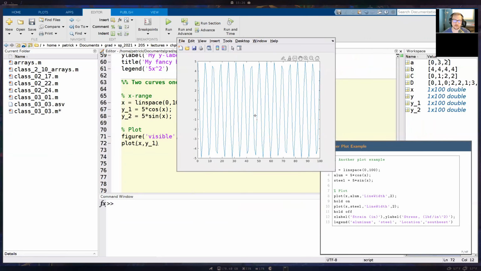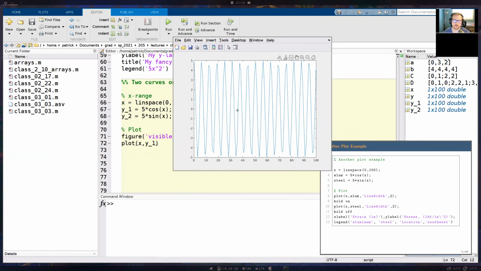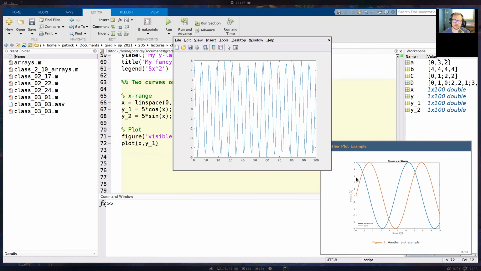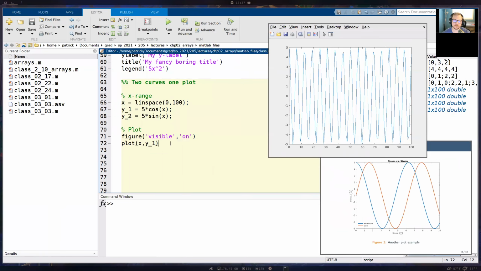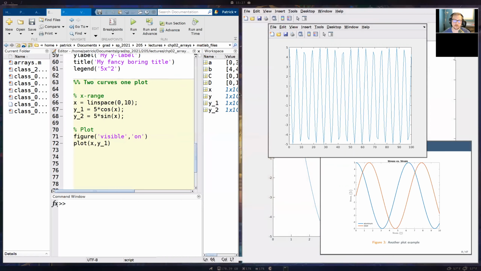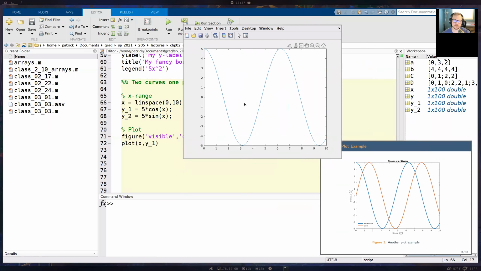And then here's what shows up. It looks pretty bad so far. We're going to fix this so it looks a lot better. Also, I should have made this range from 0 to 10. Let's do that. Okay, so here's what it looks like now. It looks okay now, but we'll make it look a little bit better.